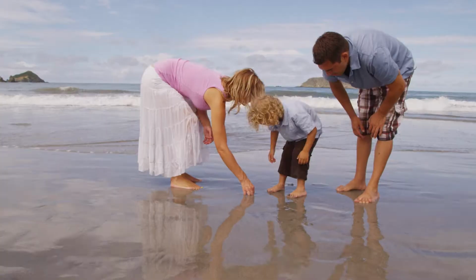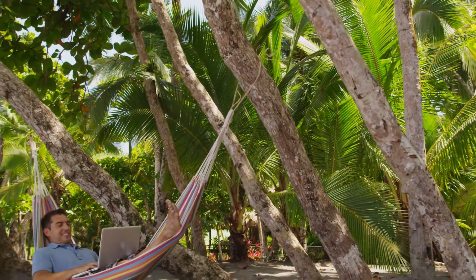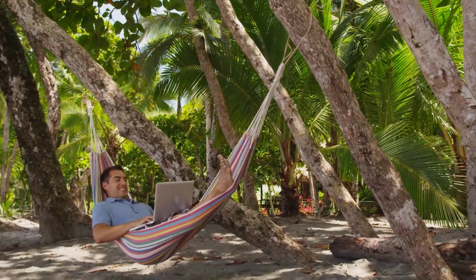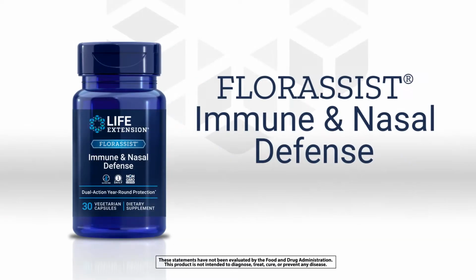When it comes to protecting our defenses, the immune system has the best intentions. But environmental factors like pollen and other seasonal challenges can test those defenses. To help you and your clients be ready to pass those tests, Life Extension has created FLORASSIST Immune and Nasal